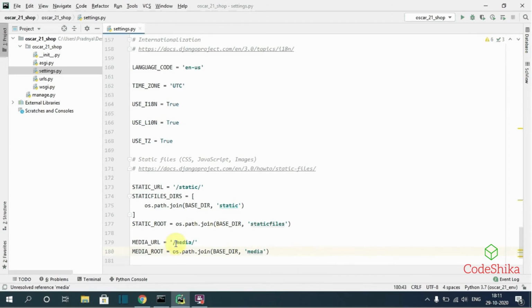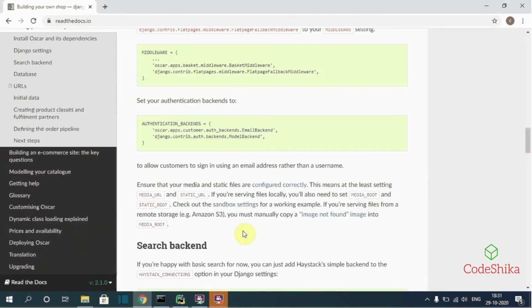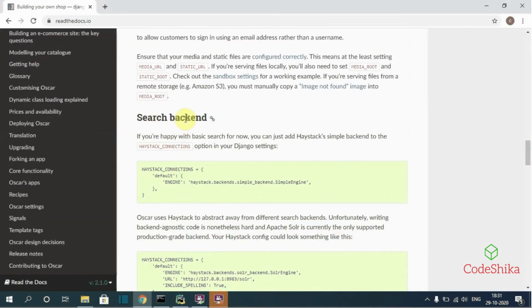Here we are specifying /media/ as the media URL and media directory under our root project where all user uploaded files will be stored. Next, we need to add settings for search backend.